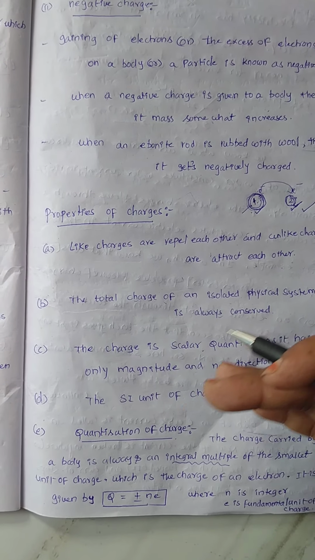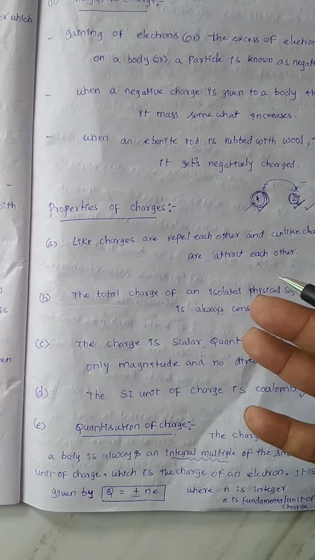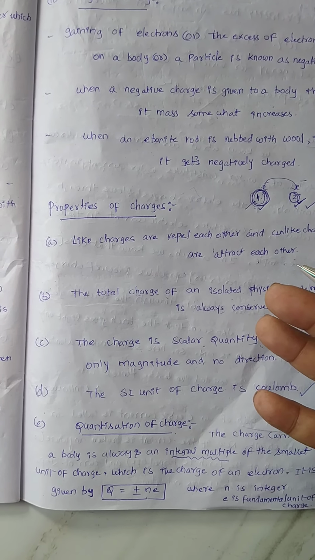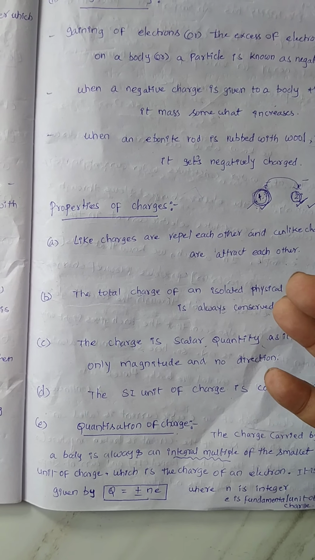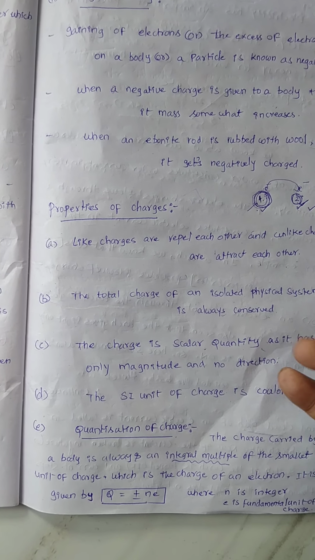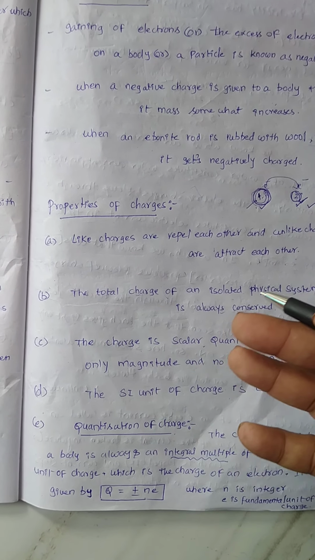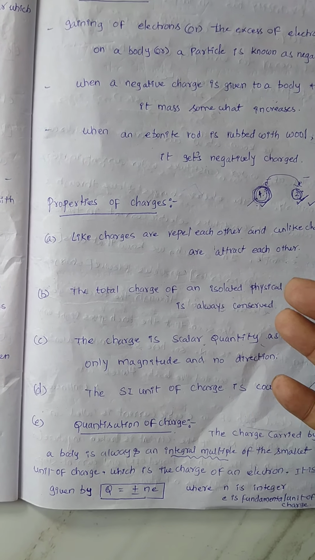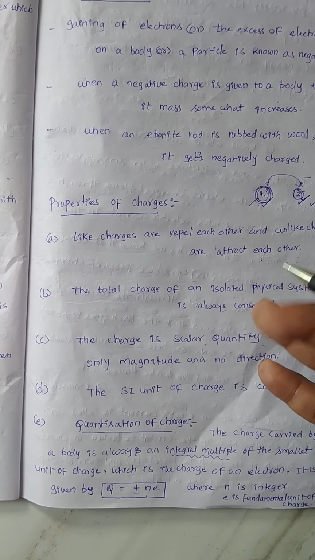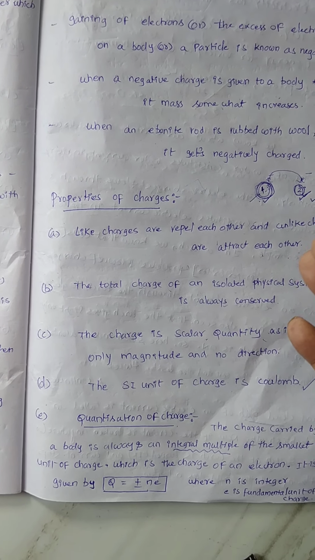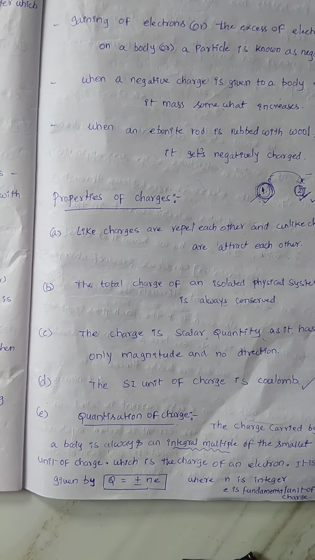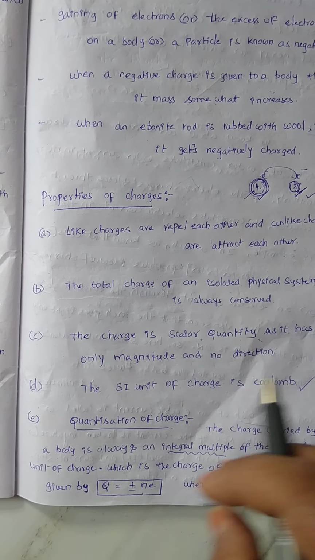Now, quantization of charge. Whenever quantization of charge comes up, the formula for quantization of charge is Q equal to plus or minus Ne. Why plus or minus Ne? For example, the charge of an electron will be minus, and the charge of a proton will be positive. Because for a proton the charge should always be positive, and for an electron the charge should always be negative. So what is the definition